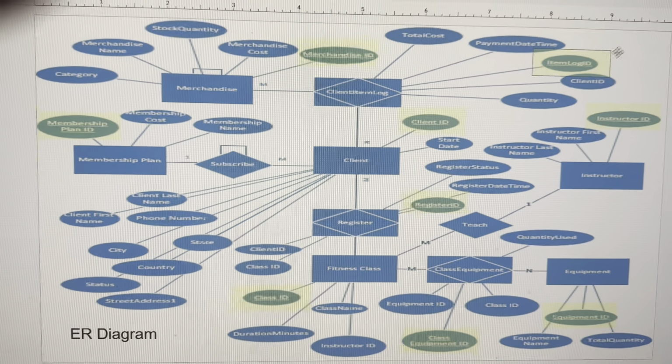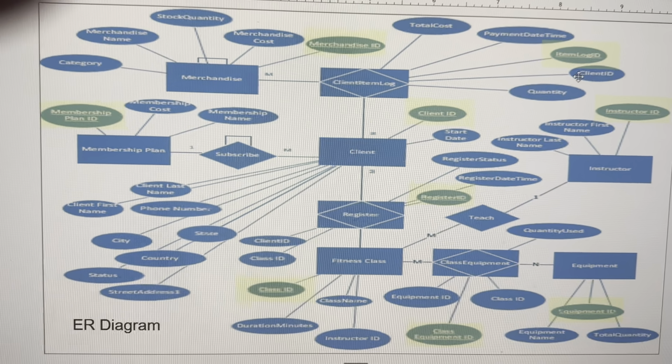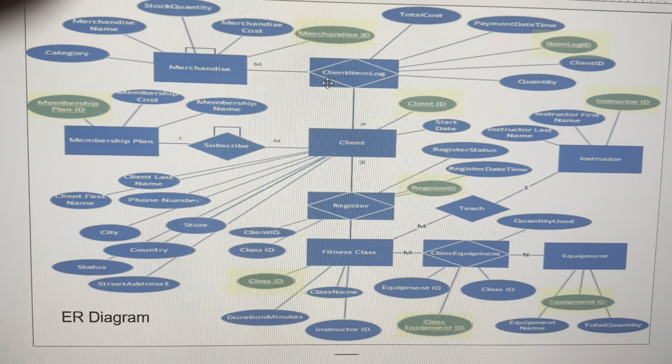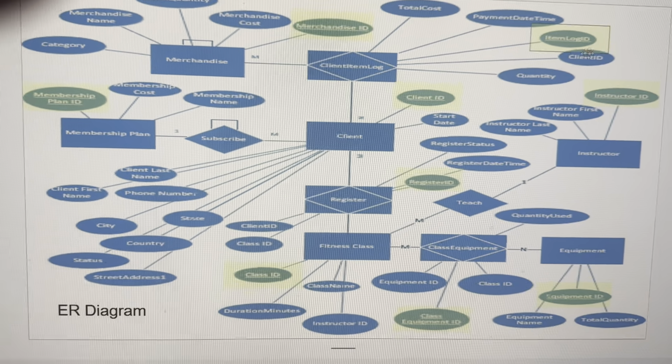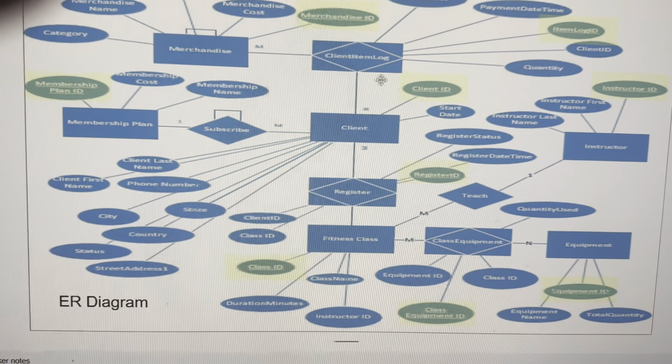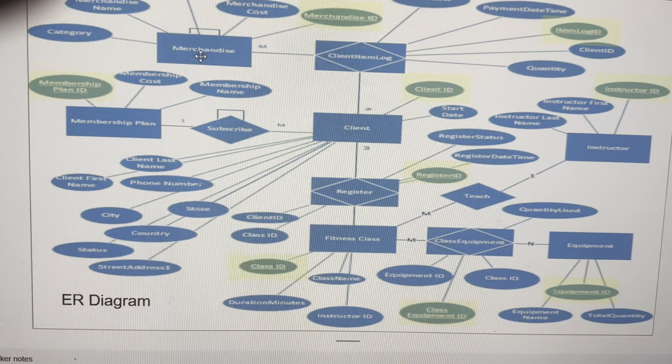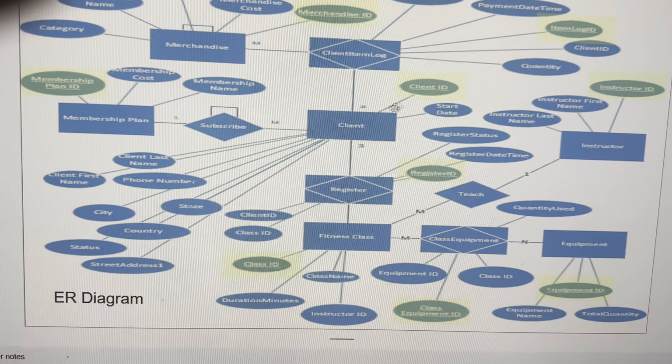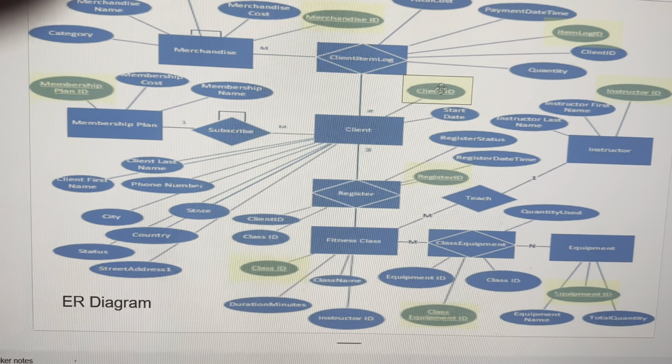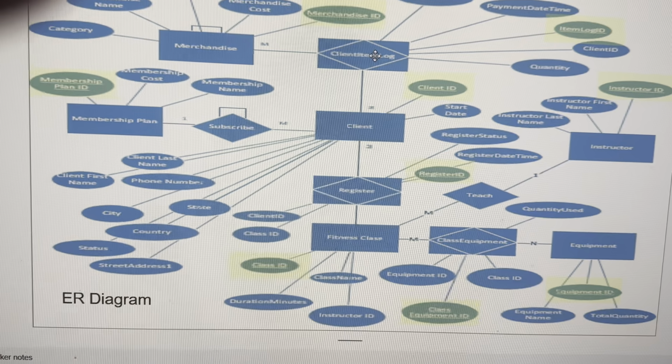Now, if we look up here, it's the same issue. We have the client ID in the client item log. That's redundant information. We don't need the foreign key there because we see the relationship that's linked between the merchandise and the client. The client ID is the primary key in the client table, so there's no need to leave